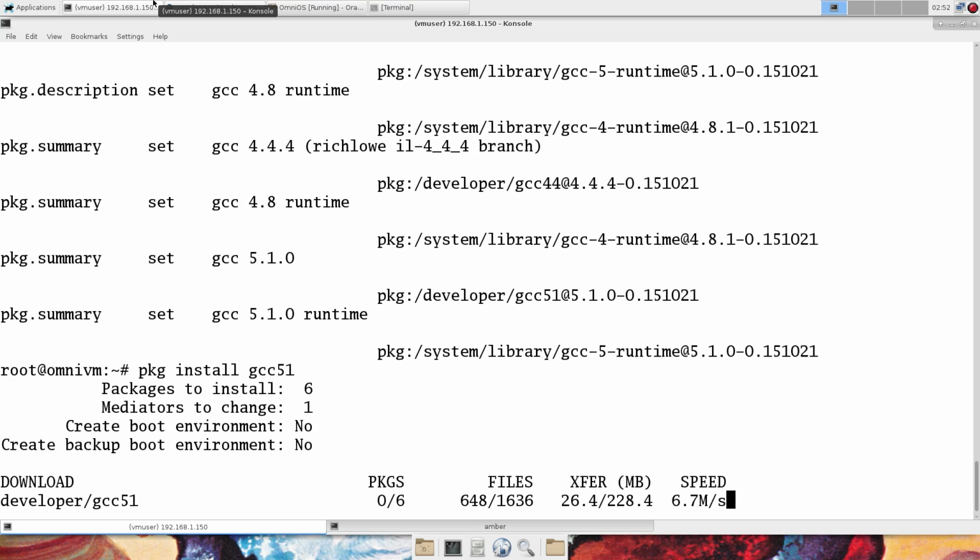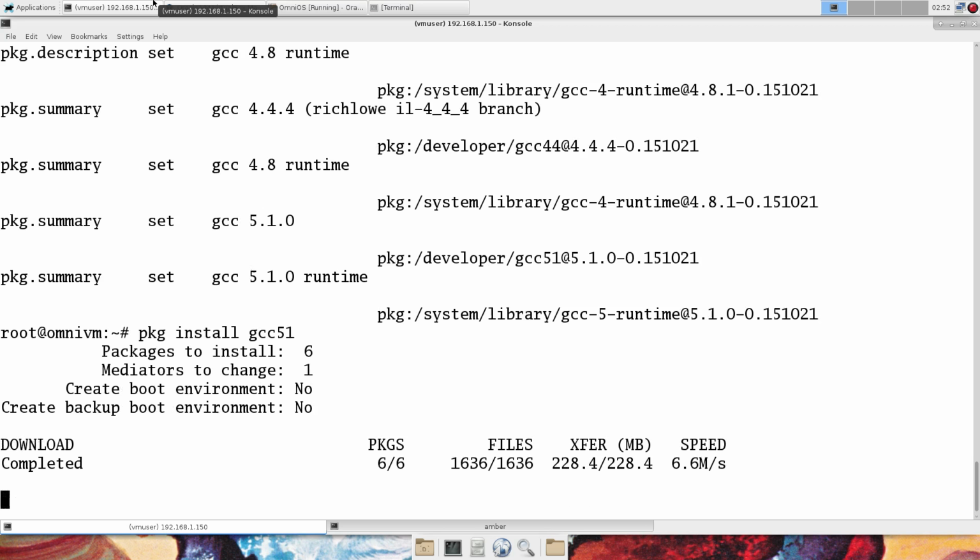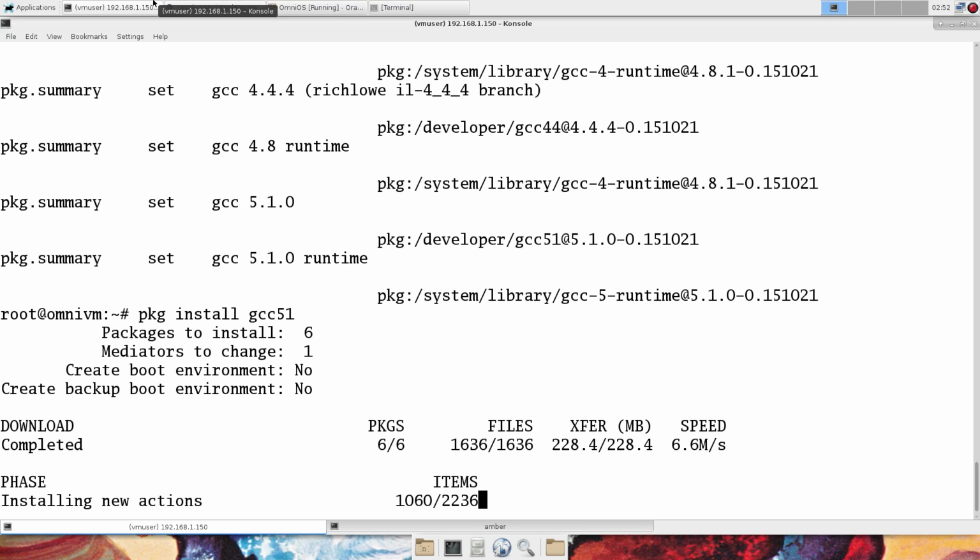So if we wanted to add Linux branded zones, we could do that from here. Obviously here we can add the compiler. We get GCC 5, which is nice. So you get the latest C++11 standard stuff for building some of the modern software that requires it. It's cool. And the package repositories tend to be pretty fast. So we're getting, as you see here, over 7 megs a second down. Use the package tool also to do system upgrades. So you can upgrade by issuing the pkg update command, and that will do your upgrade,